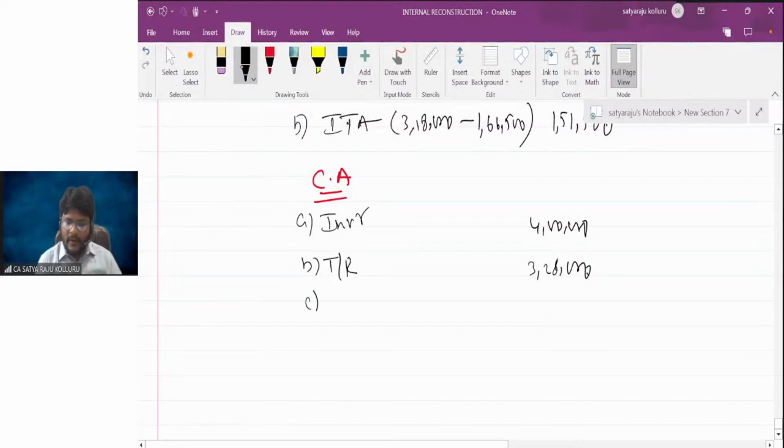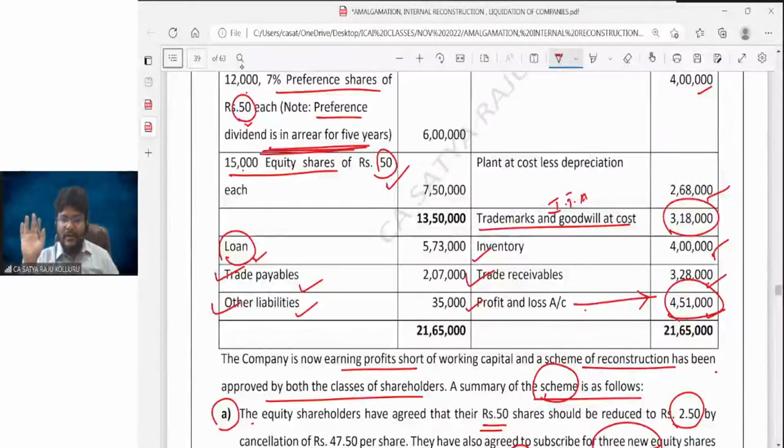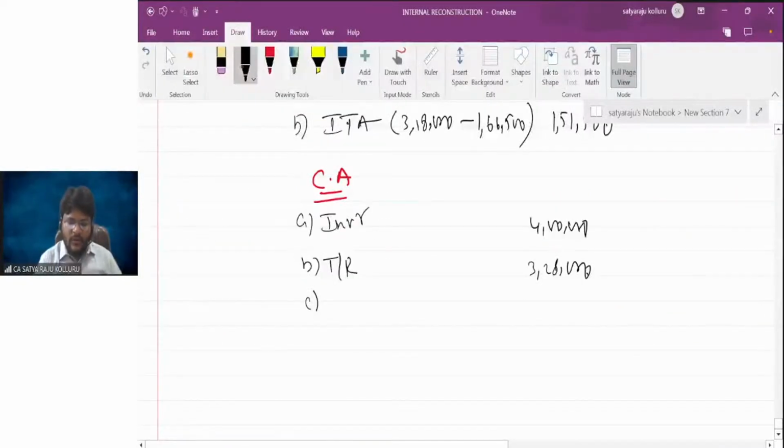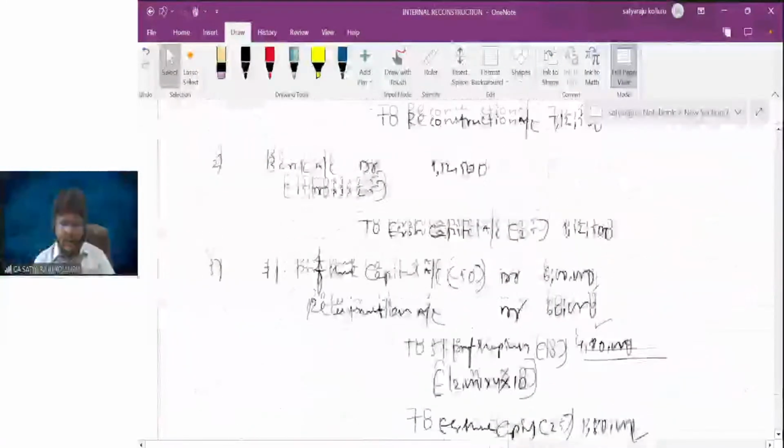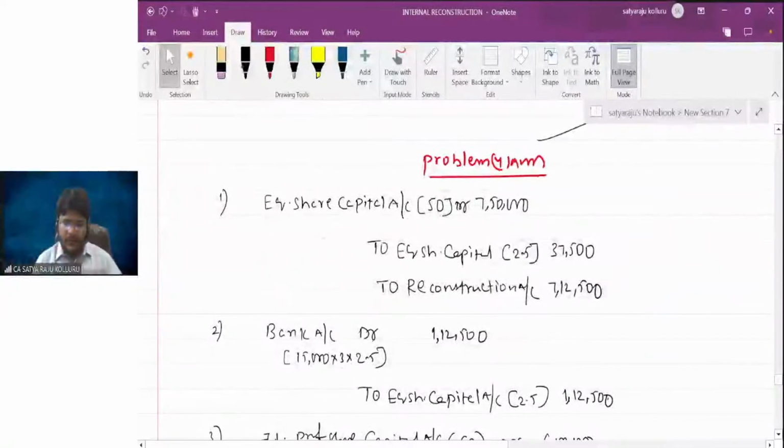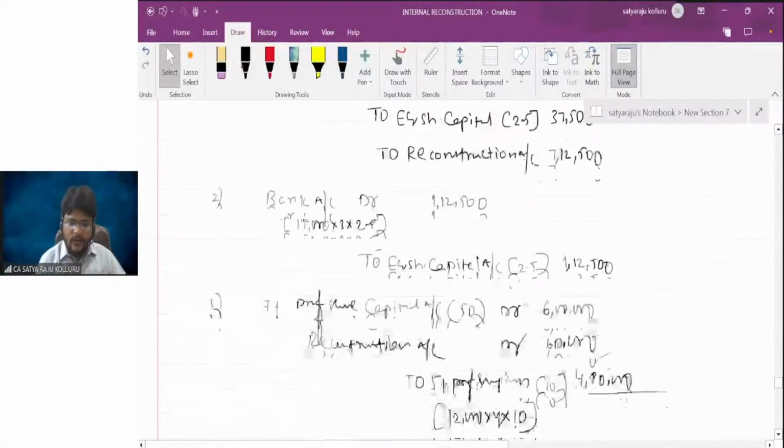Fine. After that, the P&L account doesn't come into the picture. We already knocked it off with the reconstruction. You can cross verify cash and cash equivalents. Cash and cash equivalents we need to check. Please consider the journal entries one by one here. Start with the first entry. Yes, there is no cash involved.